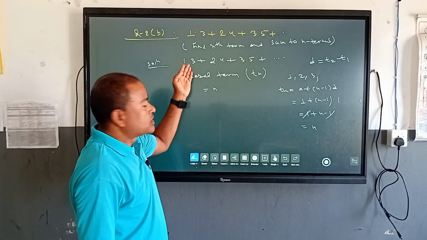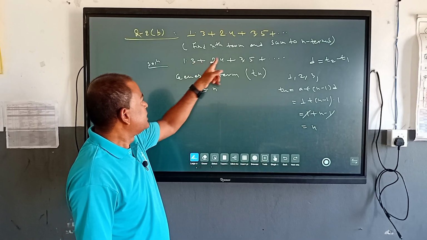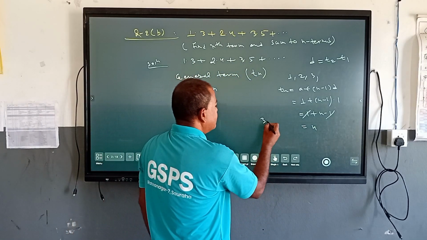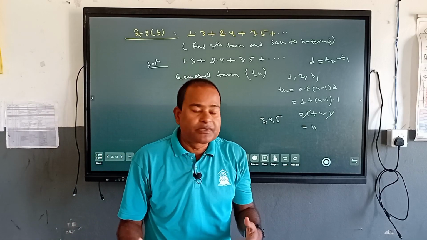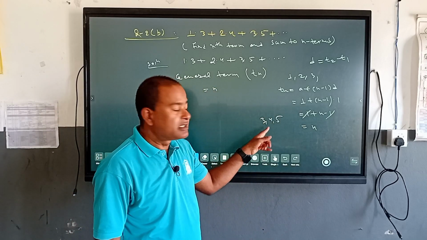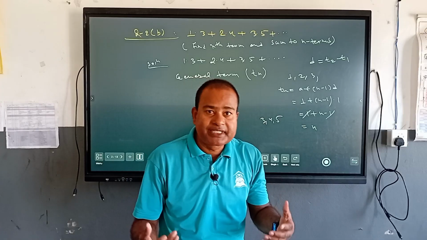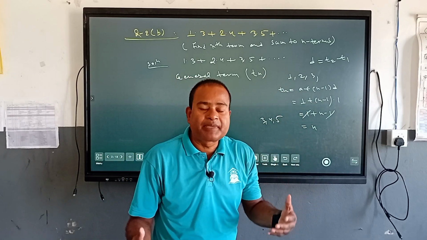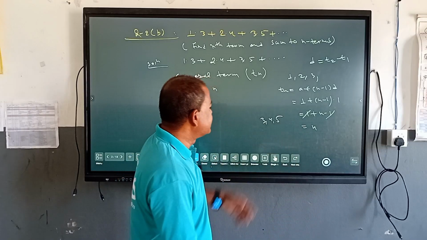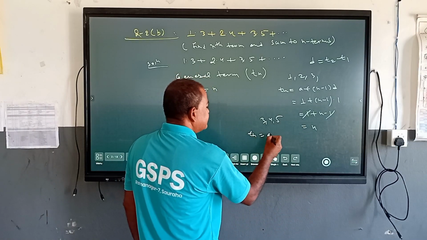Now let's look at the second number, 3, 4, 5. 3, 4, 5 is also in arithmetic sequence because 4 minus 3 is 1, 5 minus 4 is 1, the common difference is the same. So again, by using the formula Tn equals a plus n minus 1 times d, we get the general term. So dear students,